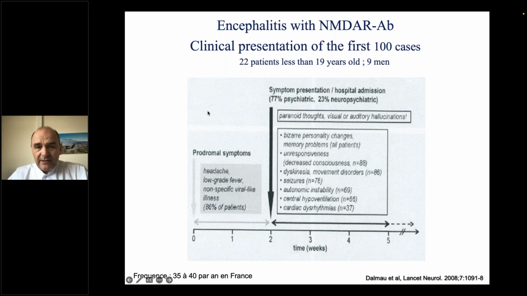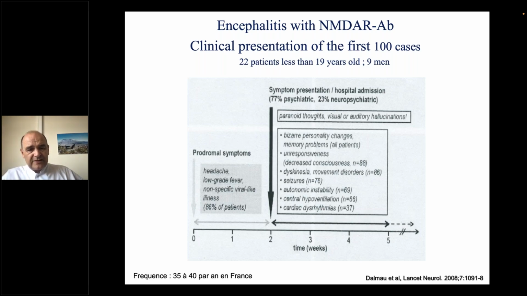So it's young women between 15 and 35 years old, who start with prodromal symptoms: non-specific headache, low-grade fever, or viral-like illness. And 15 days later, in most of the patients, they develop psychiatric symptoms, and most of the patients will be hospitalized in psychiatry before developing abnormal movement,